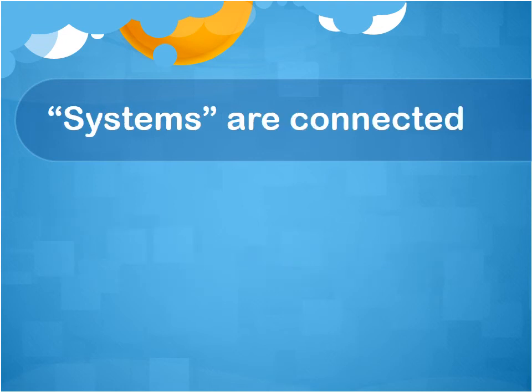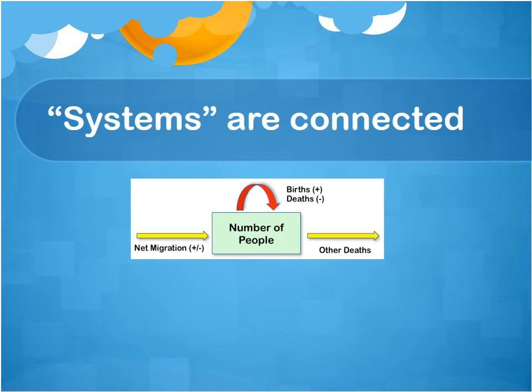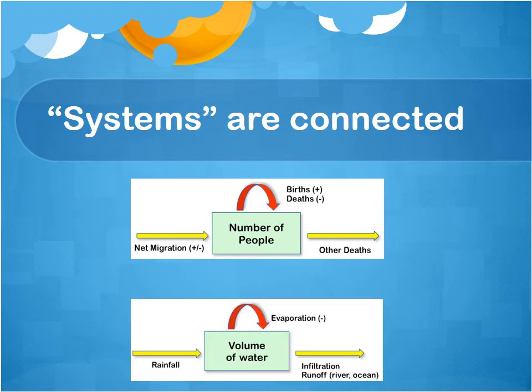Now, of course, you can pretty much appreciate that these systems are not independent. If you look at water and energy and other issues, they're connected. Let's take the population system that we just looked at, and the water in the lake, the other system we looked at, and we can think of these two systems interacting. For example, the volume of water, the availability of that water, if the water feeds the population, it will have an impact on the health